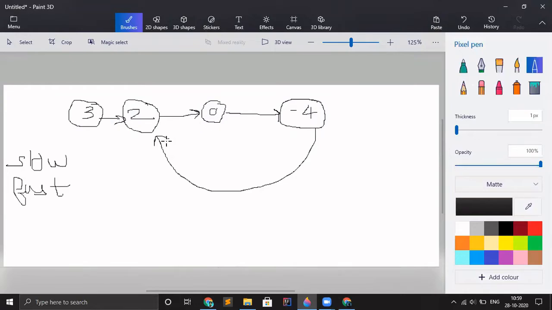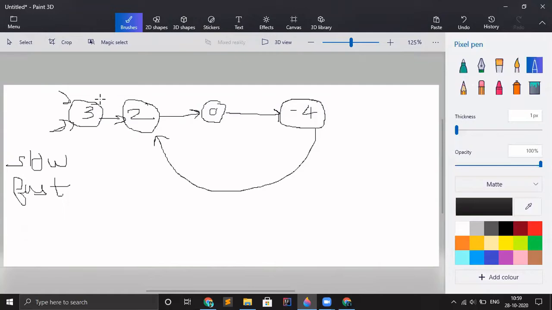So first what we have to do is identify whether there is a cycle present in the linked list or not. If there is no cycle present, then we can simply return no cycle. To identify whether there is a cycle in the linked list or not, we need to use this method. Initially our slow and fast pointers will be pointing to head.